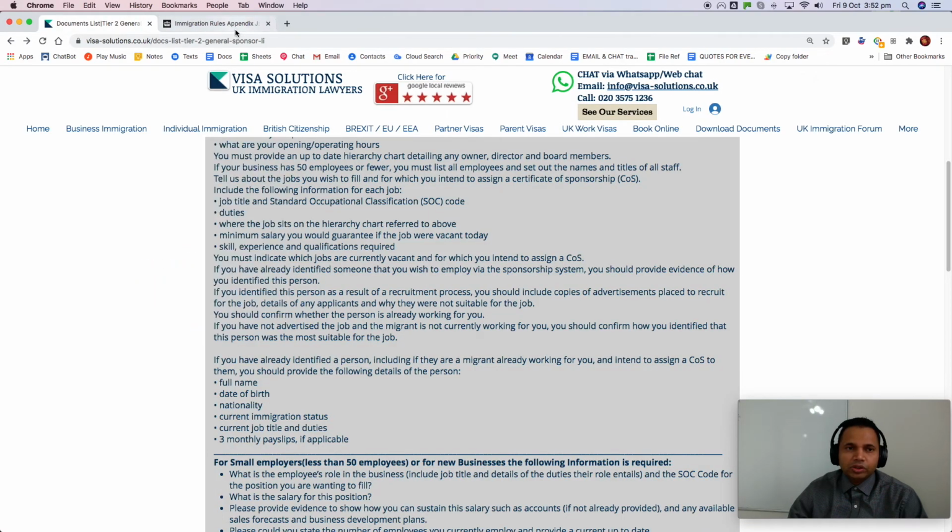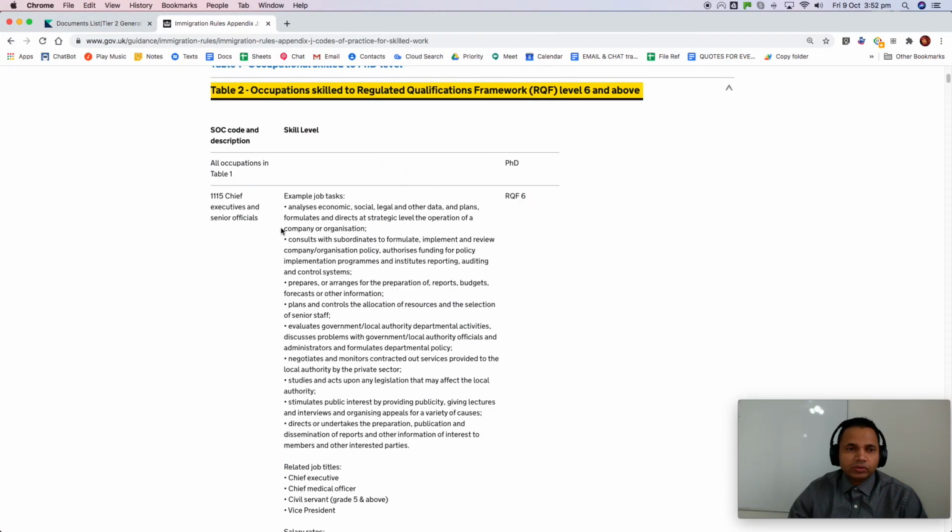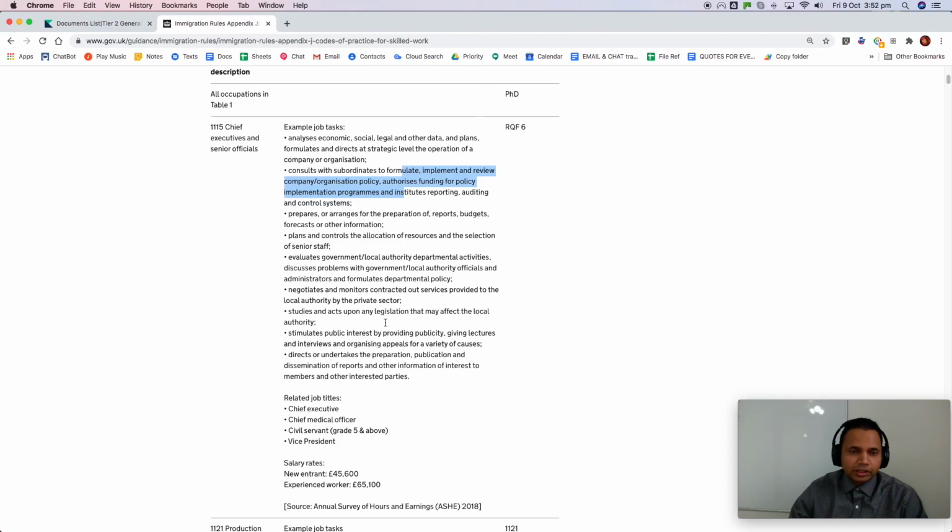So this is how you find the job code. The job code is the number. So for example, Chief Executive Senior Officer, 1115 is the number. This is the level of the job. This is the date. So the way you match the job is not by related job titles, because that is not what you match it with. Always look at the example job tasks. So match the job description, what